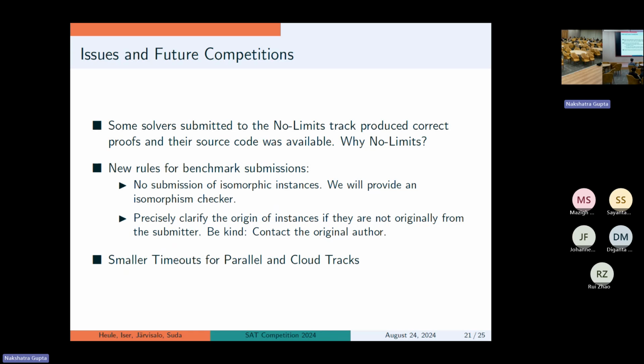Then there are some issues, maybe you can answer that question for me later, because I would be interested why we had so many participants in the no limits track. So we had no winners in the no limits track because the main track participants were just faster, right? And so you have to be faster than a main track winner to win something in the no limits track. So this was not the case, and